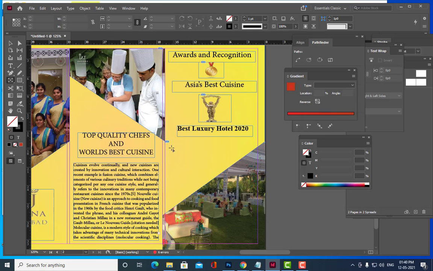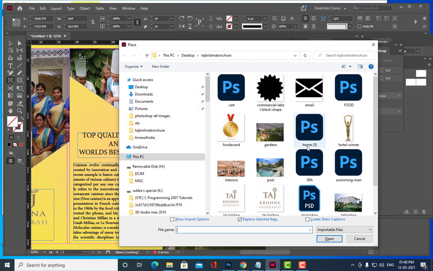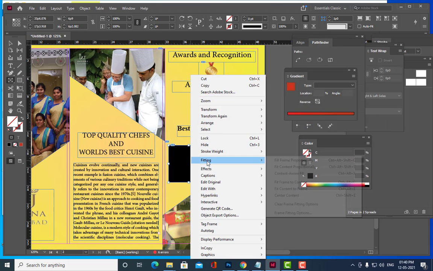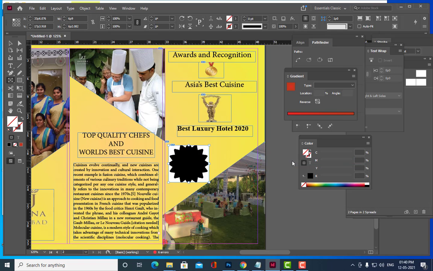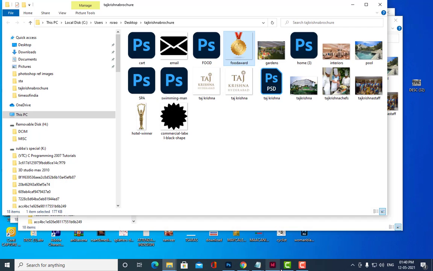So I'm going to just create one of this, Control D. Then where is this? Here. So actually, okay, we'll do one thing, we'll give it one red color. So we can get red color.